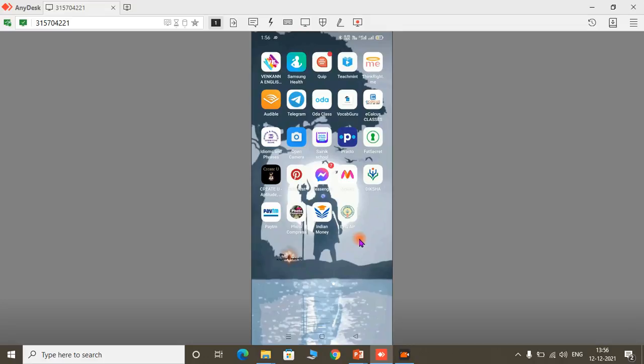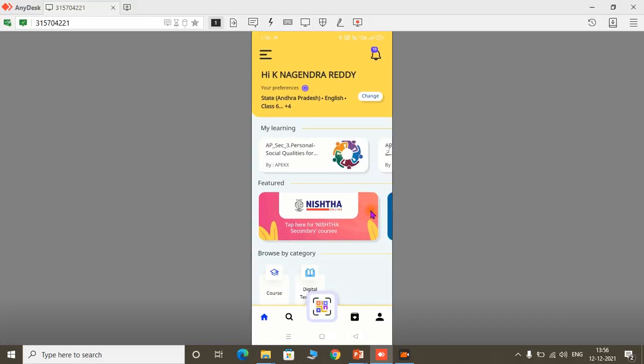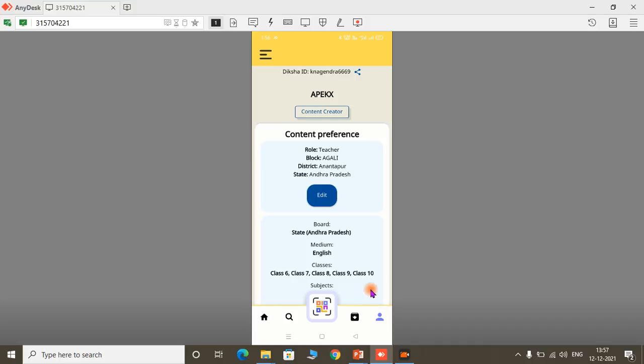So as you see on the screen, first open Diksha app from your Android phone. Then it will direct us to the main home page of Diksha app. And here you can see home button, you can see search button, and then follows QR code scanner, download option, and the last you can see human like symbol, and that is called profile button. So once you click on profile button, it will take us to the